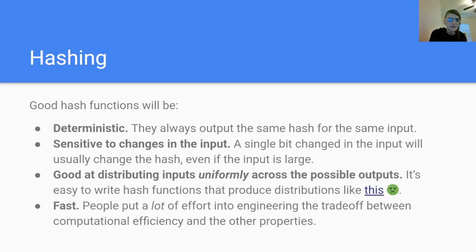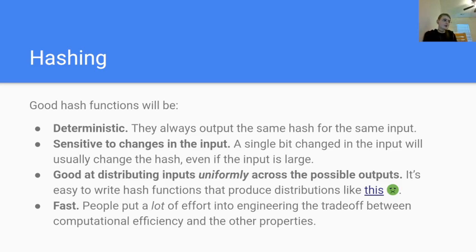You can't get rid of that requirement. But maybe we're not so good at distributing inputs uniformly, and we can sort of cheese it a little bit and have a very simple hash function that's fast, which might actually be better engineering-wise in some cases where we just need something that's fast because we're going to be doing it a lot, and the security or whatever,